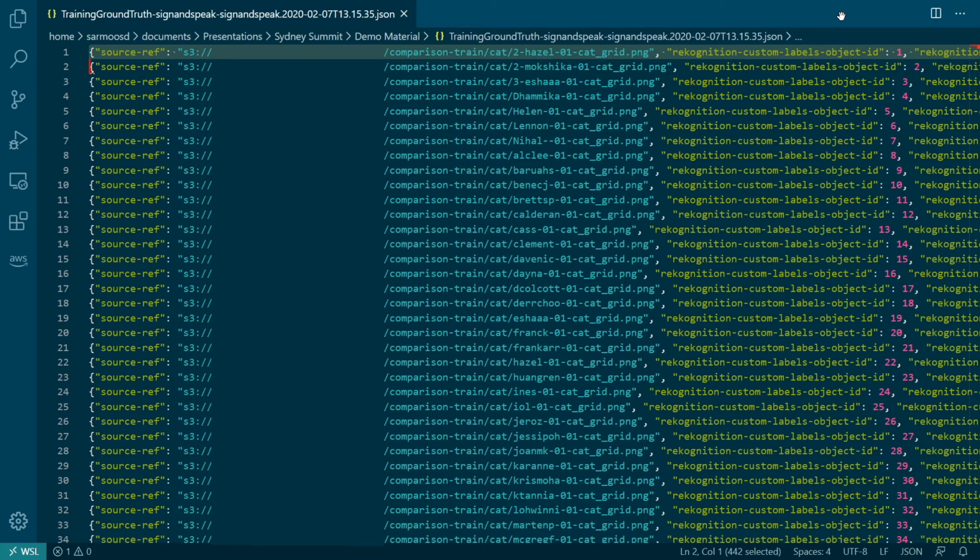So here you see the manifest file which Amazon Rekognition Custom Labels has generated for me based on how I had stored my data into these subdirectories that I showed in the previous demo. As you can see, I have lots of different lines, and each line looks very similar. Each one is a JSON object. So if we look at one of these lines